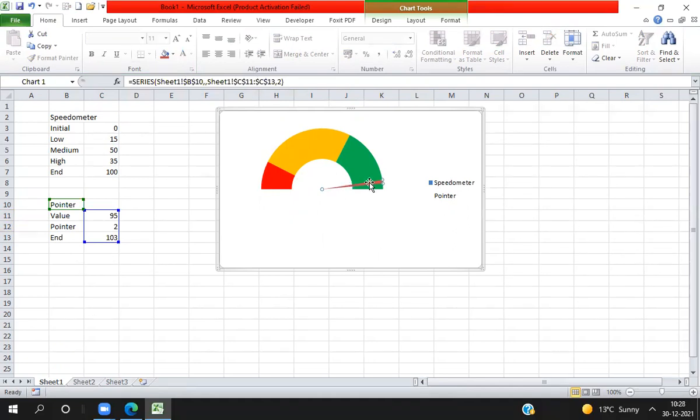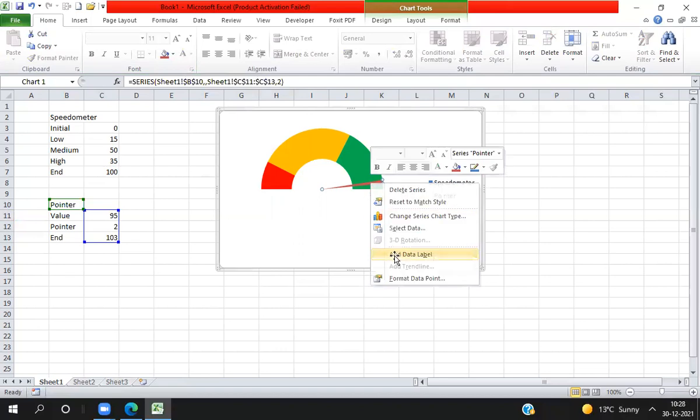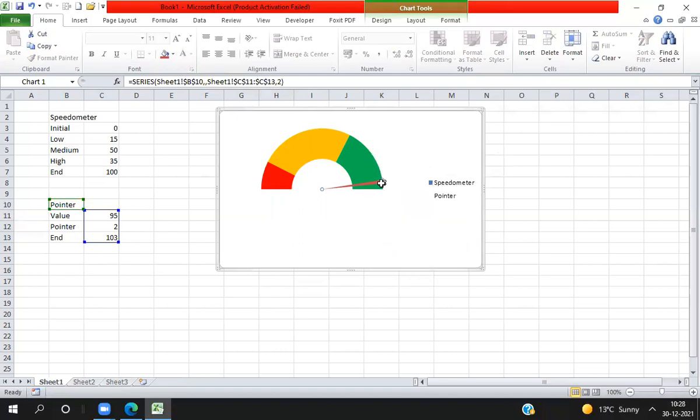So how can we show the label? Right click here, add label. You can see here this is not the label of this value. It's taking pointer value. So I need to change this pointer value. So what I have to do here, I need to select the label value. Then here I need to put my pointer.